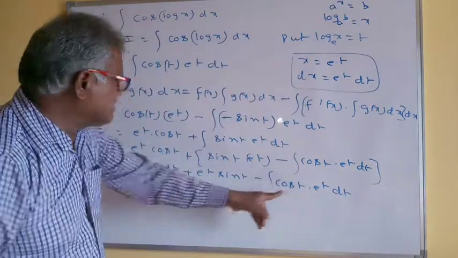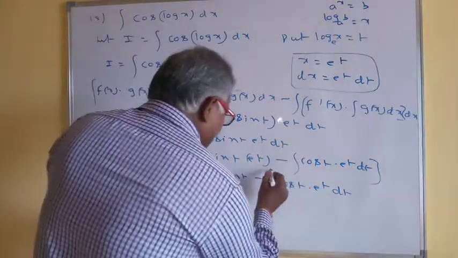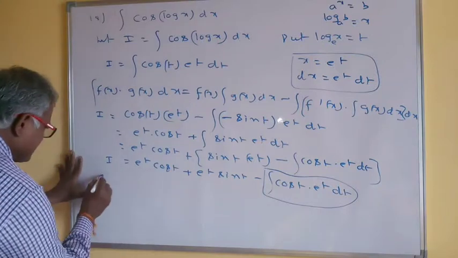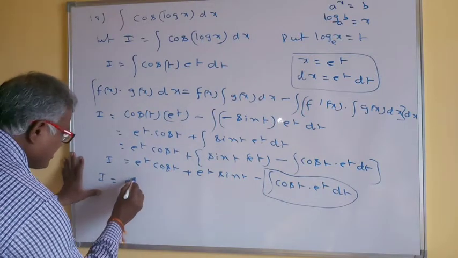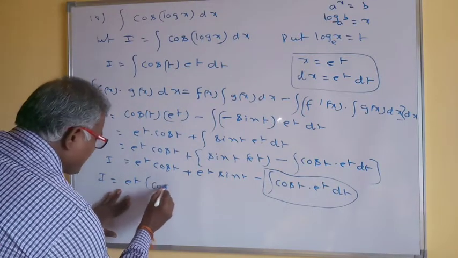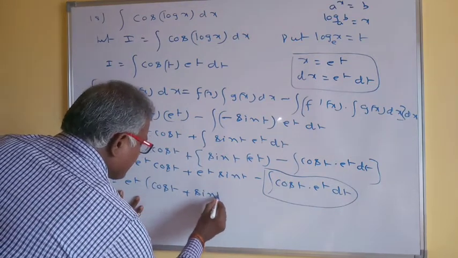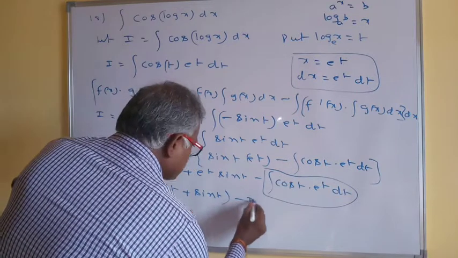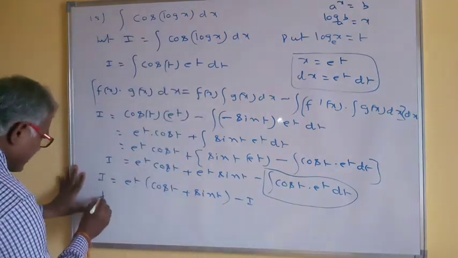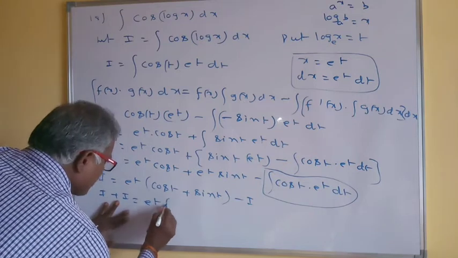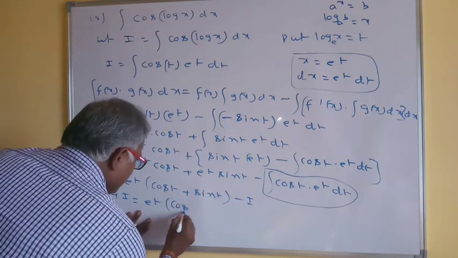You see, cos t e power t dt is nothing but I. So I is equal to e power t as common, cos t plus sin t, minus I. That means I plus I is equal to e power t into cos t